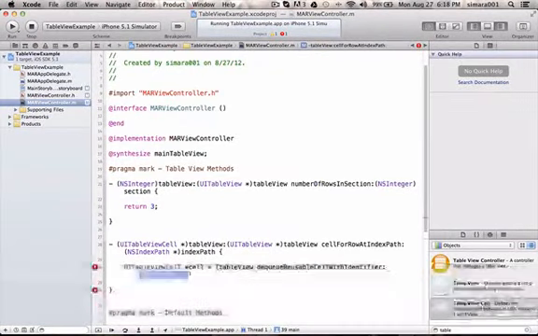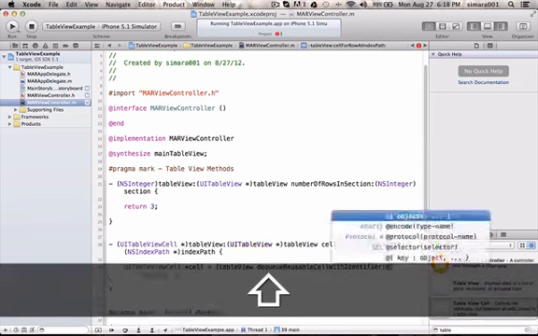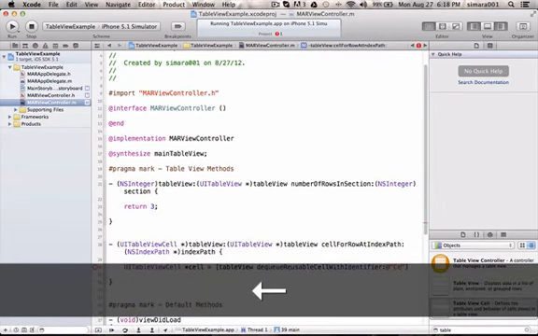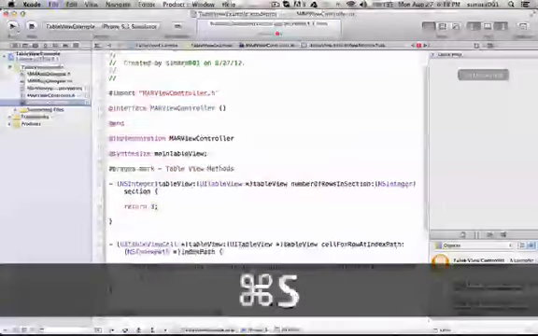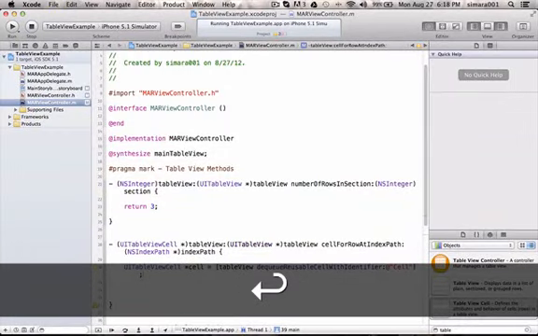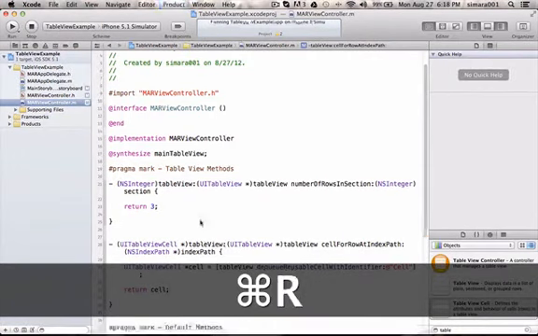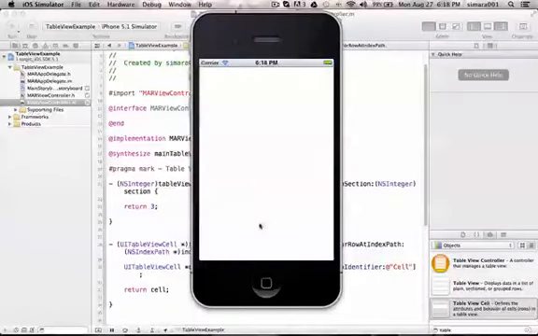And do you remember the identifier I used before? Yes. Cell. Something very simple. And it doesn't matter what happens next, I'm going to return the cell. Very simple. Build succeeded. And I'm going to run this, and I have